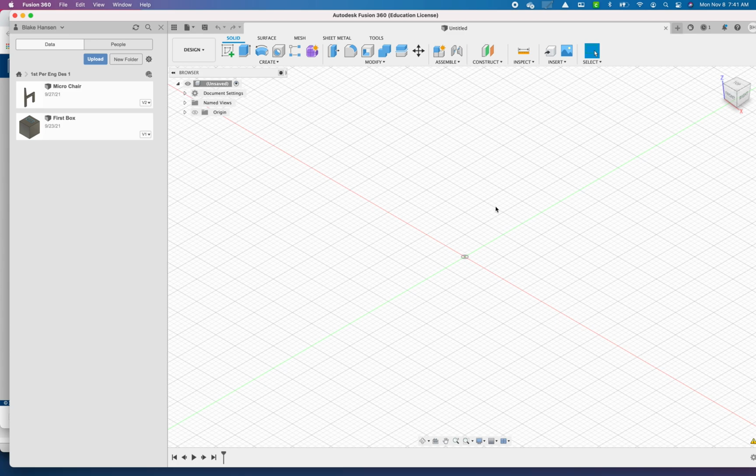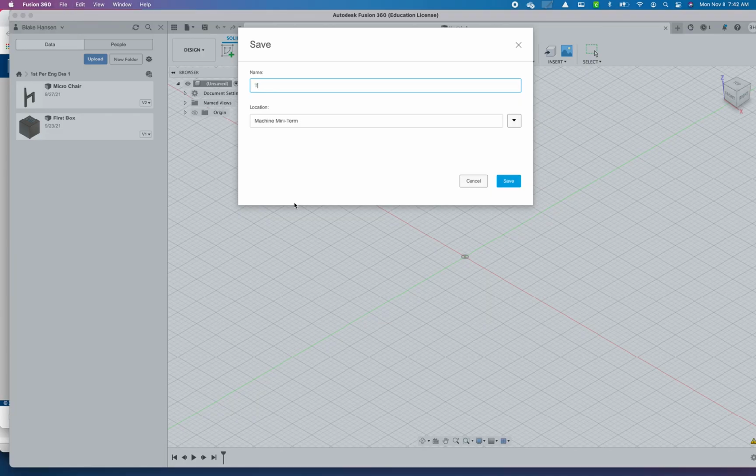This is a video showing you how to make anything using surface modeling. So we're going to start with a cube, and first I want to save this file. Make sure you save it as well. I'm going to save this as